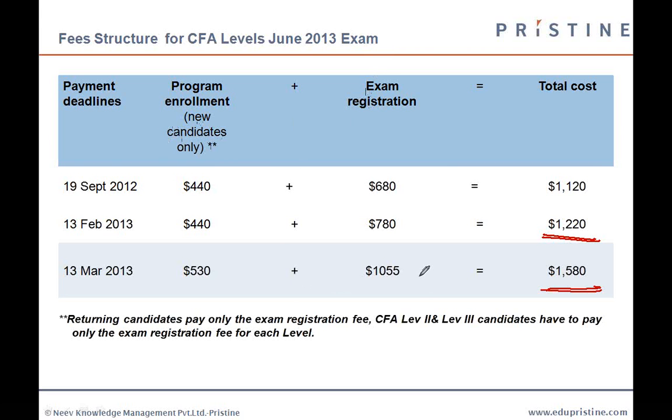And included in your fee is your study materials. So CFA Institute gives you study materials. They also give you a choice of either getting hard copies or ebooks. So you have to just choose the option. I think there is some $80 difference if you go for ebooks. That is, ebooks will be $80 less in fee compared to the hard copy. For hard copy, you have to pay an additional $80, and that includes your shipping charges. Akshit, all right. So your fee already includes your study material.